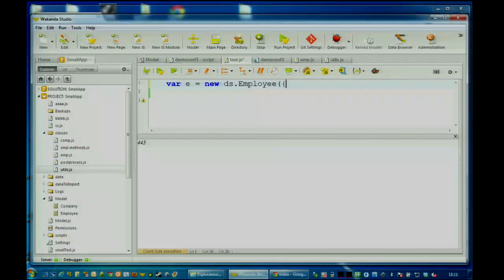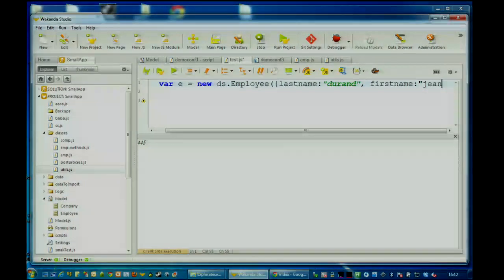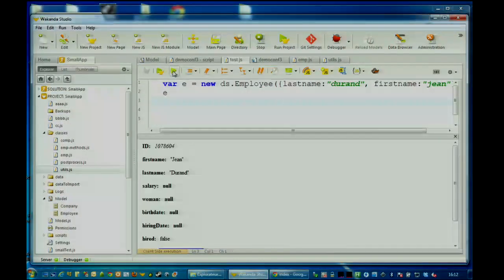So I'm going to put the last name. Let's say Laurent, a little French name, and the first name, Jean. Before saving my entity, I'm not going to save it, I'm just going to create it. It's in memory, all right? If I execute this, and then if I want to see my entity,